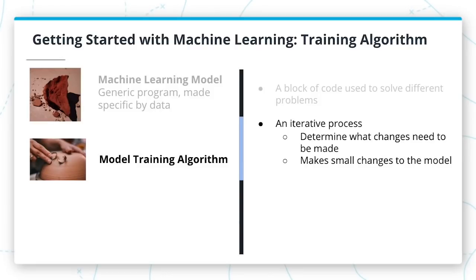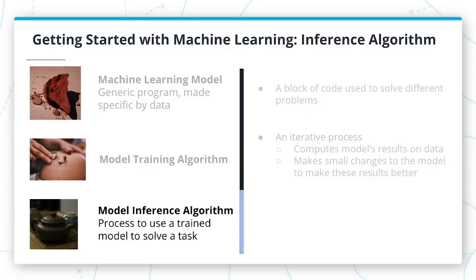Eventually, you get closer and closer to what you want until you determine that you're close enough to stop. Now you have your completed teapot. It's been inspected and evaluated. It's ready for your enjoyment. So, what does this mean from a machine learning perspective? We are ready to use the model inference algorithm to, for example, generate predictions using the trained model. This process is often referred to as model inference.